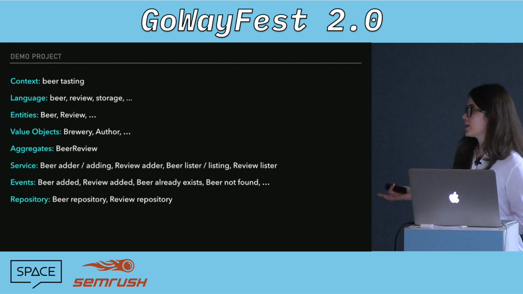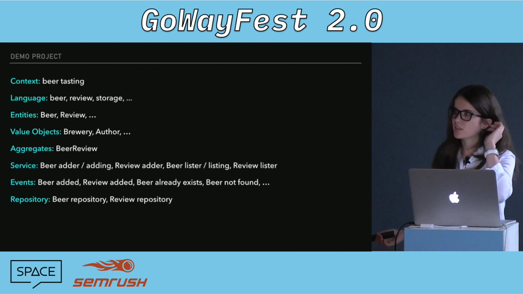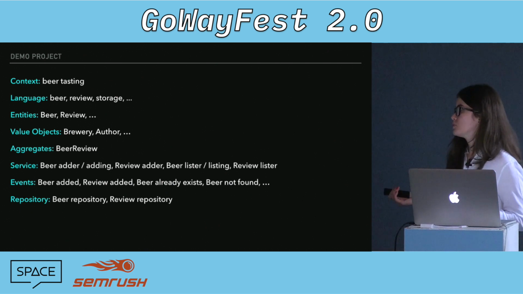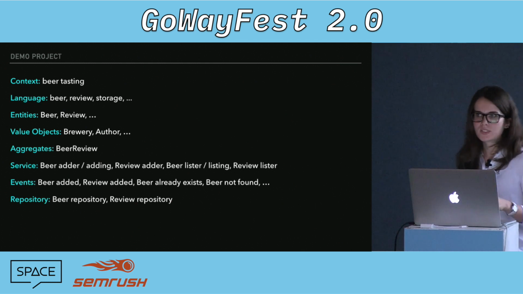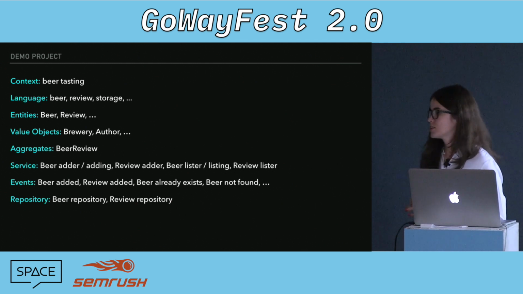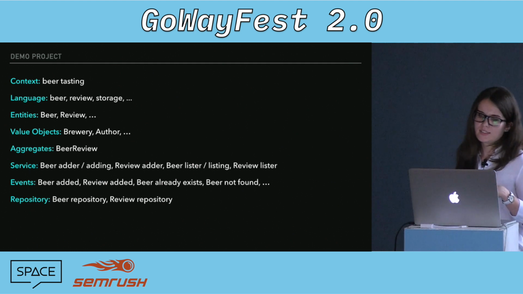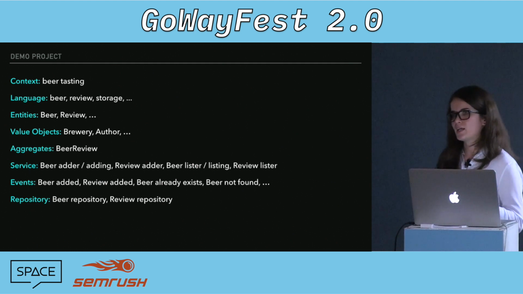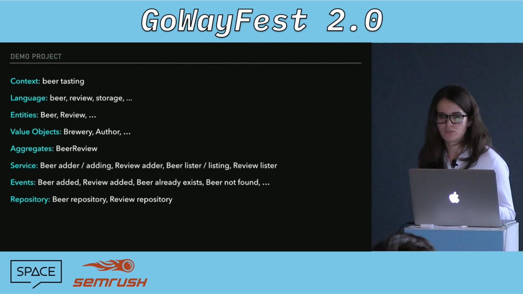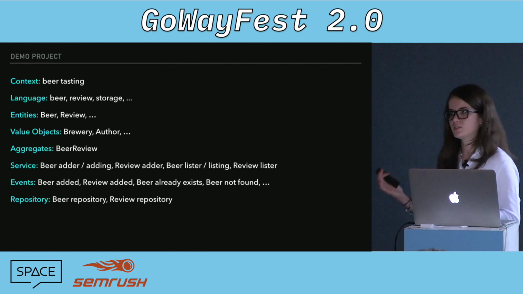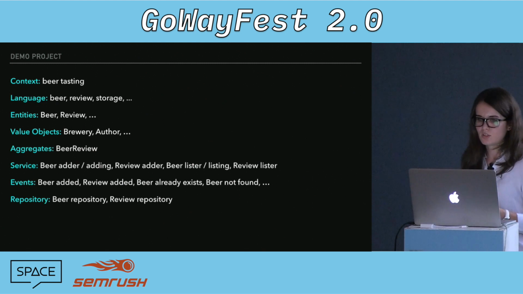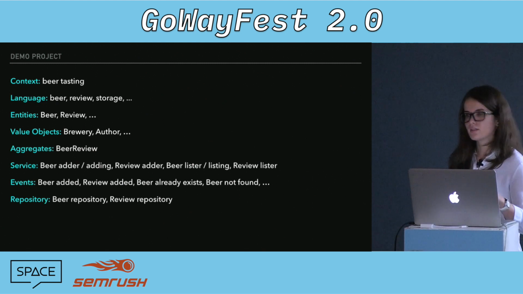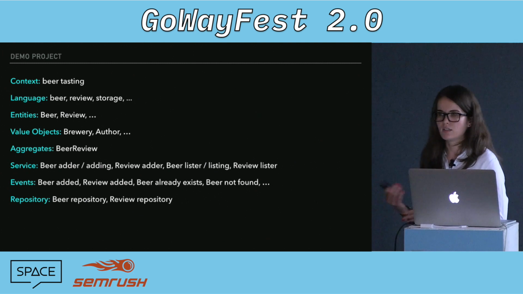The entities we're going to have in our app are beers and reviews, and the value objects could be something like a brewery or a review author. And you might be wondering what the difference is between an entity and a value object. If you think about an entity, it's basically an abstract concept that you can have an instance of. So it's a single identifiable item in your app. So things like a customer, a user, a blog post, a beer, those are all entities. And you can have an instance of an entity in your app.